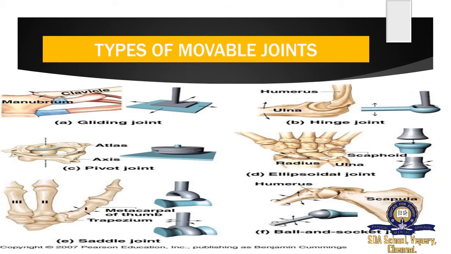The next one is the ellipsoidal joint. This is found in our wrist. In this also, movement is possible in two planes, which allows a very limited area. Ball and socket joint. These ball and socket joints are in the shoulder, and with a ball-like joint, movement can occur in three planes. This joint allows the greatest range of movements. In the shoulder we can move 360 degrees, so in that area we can have maximum rotation in our body.